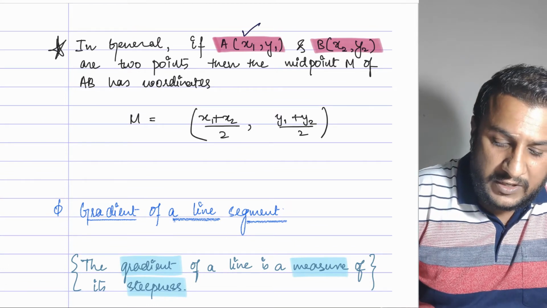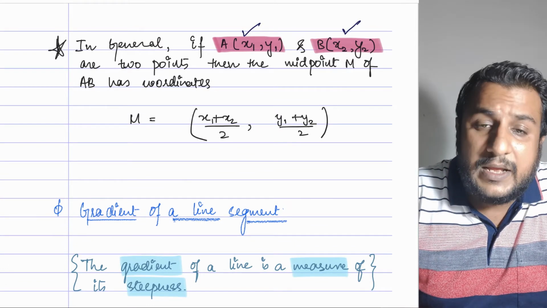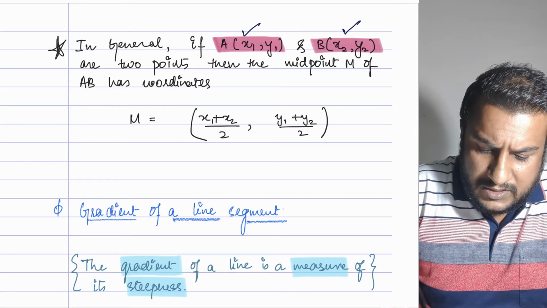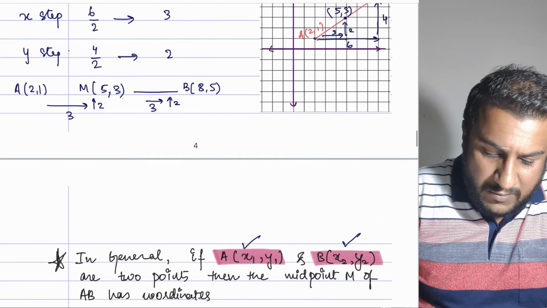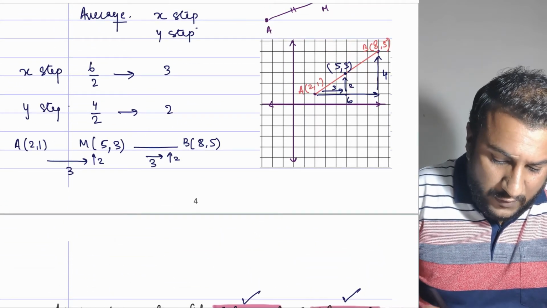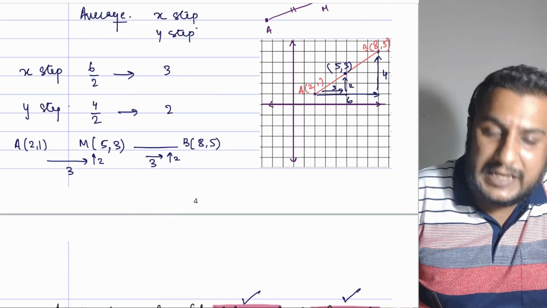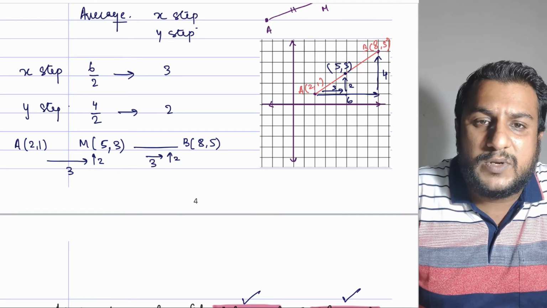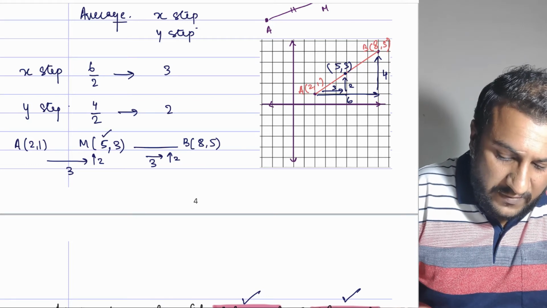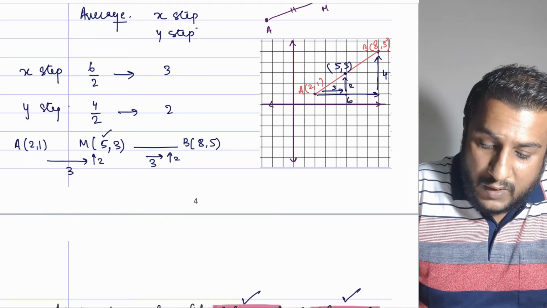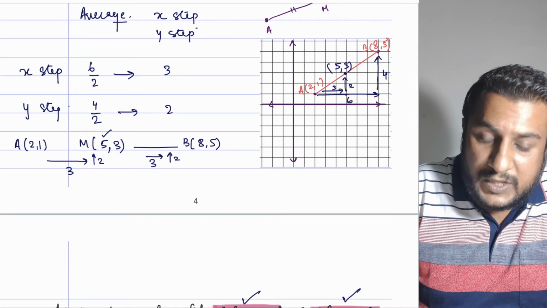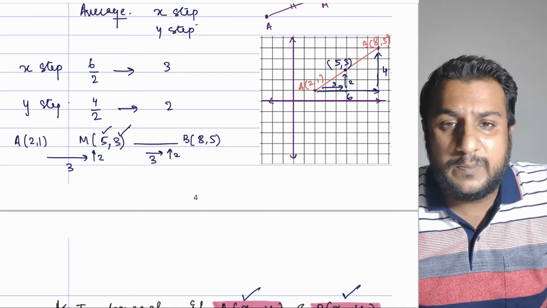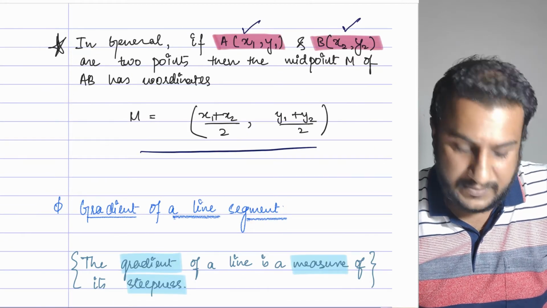Now let's look at the general formula. If you have any coordinates in the form of x1, y1 and x2, y2, these are the ordered pairs. If you average them out, that gives you the midpoint. Now same logic you can apply over here. These are the 2 points given to us, 2 plus 8, average of this: 2 plus 8 is 10, divided by 2, which is 5. Now we look at the y coordinate, 1 plus 5, 6, divided by 2, 3. So either you can do it by logic or the formula is always there.